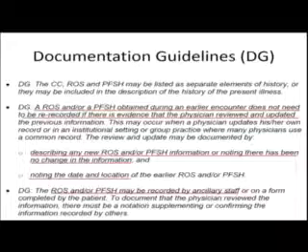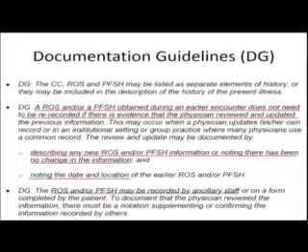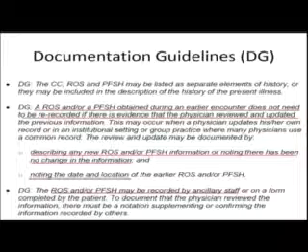It says a review of systems, past family social history obtained on an earlier encounter does not need to be re-recorded if there is evidence that the physician reviewed enough. So this is really important with electronic health records. Some people will go back to a previous visit, and if you just cut and paste this information to a new visit without any comments, then Medicare can come back and say, well, that's just a cloned medical record. You really didn't review that previous review of systems that you mentioned, and you didn't take a new past family